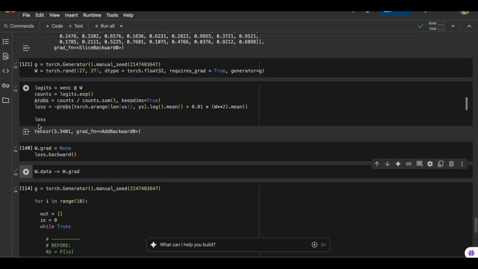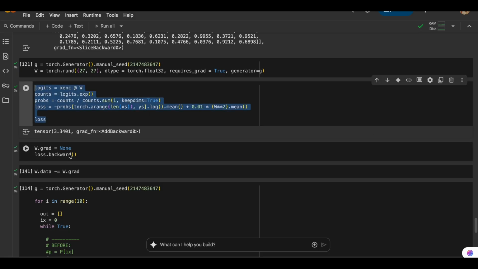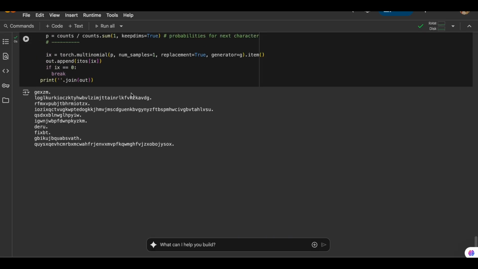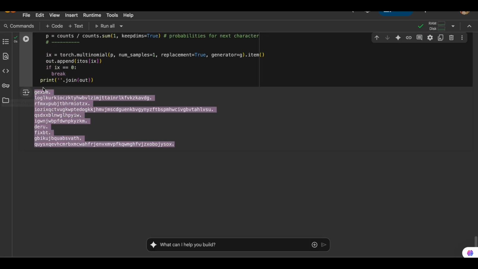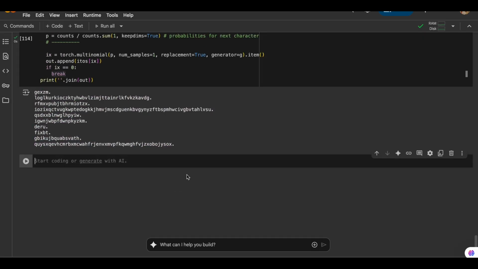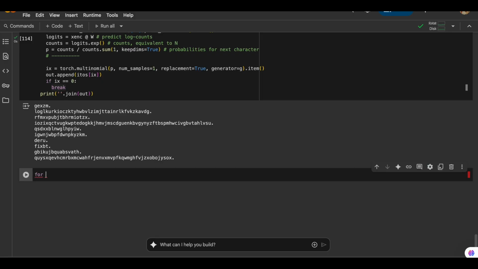So basically what I'm doing here is, this is the forward pass, where we also calculated the loss. Here we are setting the gradients, and here we are updating the weights. So let's just write a for loop for all of this, and we should get much better names after optimizing our model. What we'll do is, for k in range 100,